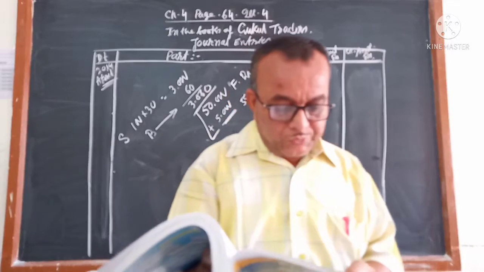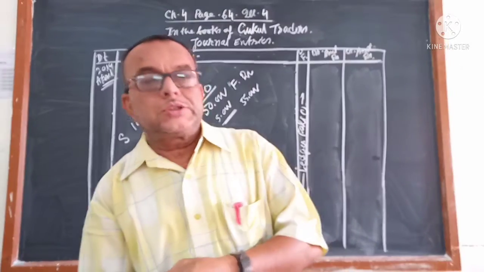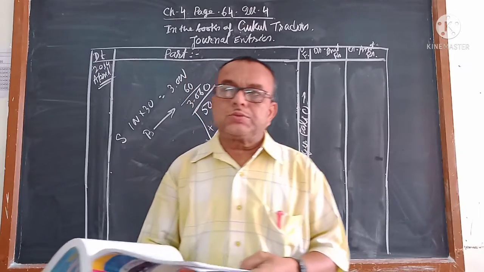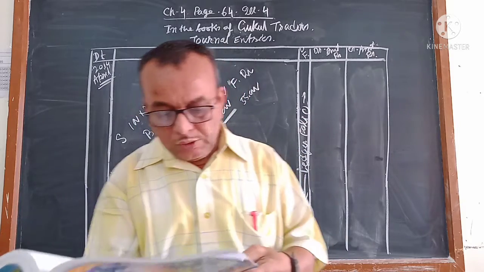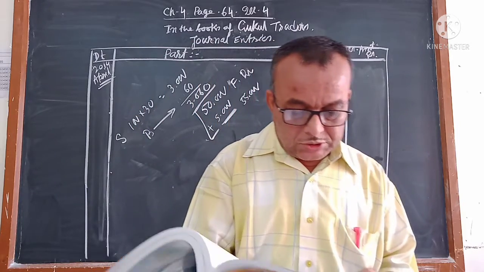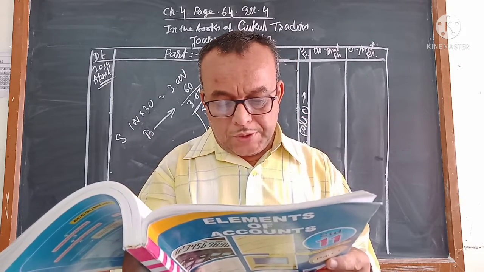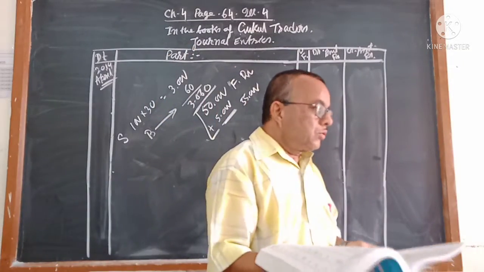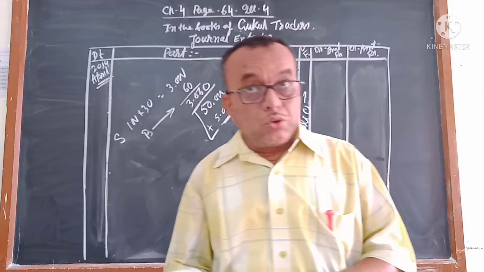केदारनाथ. Now 25, goods rupees 500 withdrawn for personal use. All of you know, drawings account debit to purchase account, because you are taking the goods from the business for personal use. Number 28, furniture rupees 3000 purchased from Bangshidhar Furniture Mart. That also you know, furniture account debit because it is a purchase transaction but not of goods.